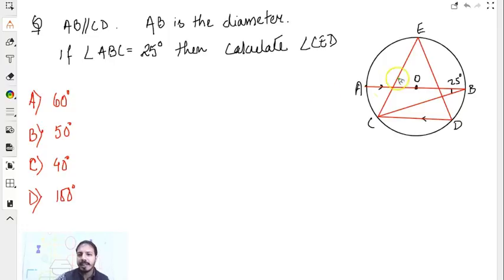So it is said that I have 2 lines AB and CD, and AB is the diameter. And it is said that AB is parallel to CD. So these 2 lines are parallel. Now they are saying that they have drawn a triangle CED such that E is